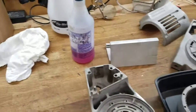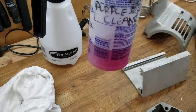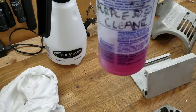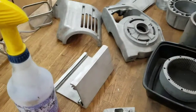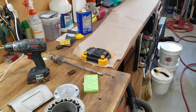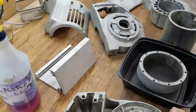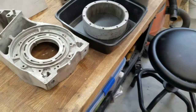So what I've decided to do is, for cleaning, I'm going to wash everything down with Purple Power 50/50, one to one with water. Rinse it all off nicely, and then I'm going to use some acetone to get any oil off. Then initially I thought what I would do is spray epoxy primer